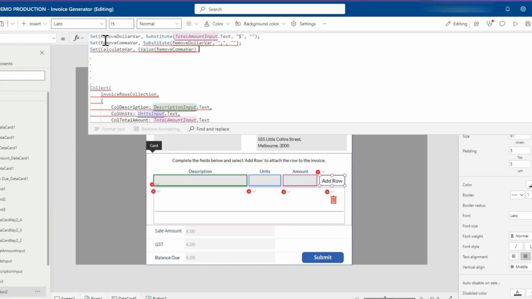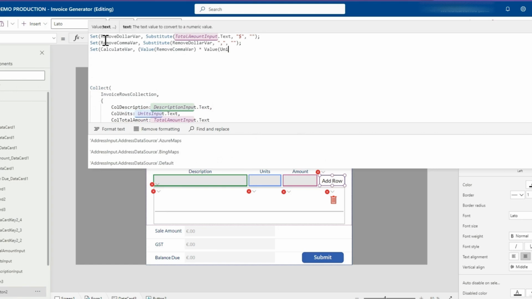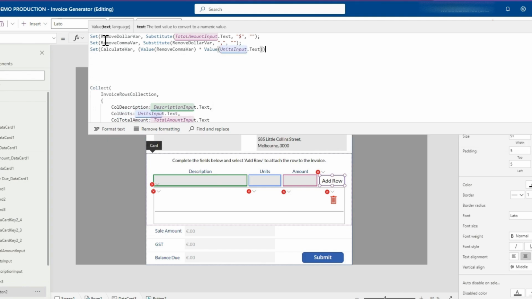So we're going to set CalculateVar. We're going to take that RemoveCommaVar, so that's just the value of what the amount was. We're going to do a times, and then we're going to do a value of what's in that UnitsInput.Text. Close your brackets,